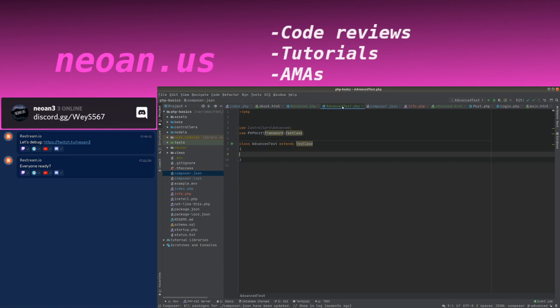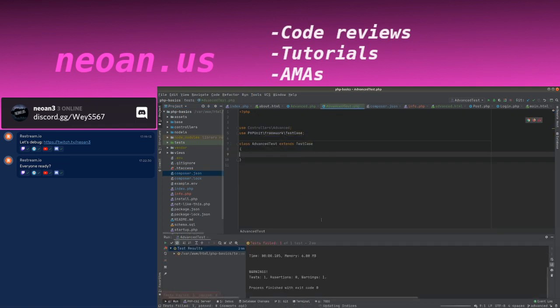Now, let's go back to advanced test and see what happens if I run it. It still doesn't do anything at the moment, but what you can see is, well, this is actually wrong, but it basically says those tests failed, right? There wasn't any kind of test. So we probably need to create a function,